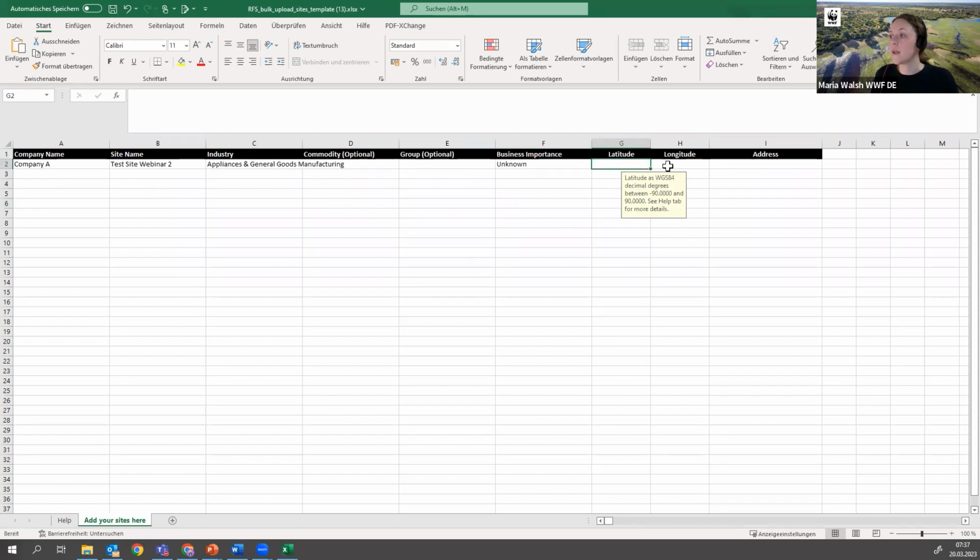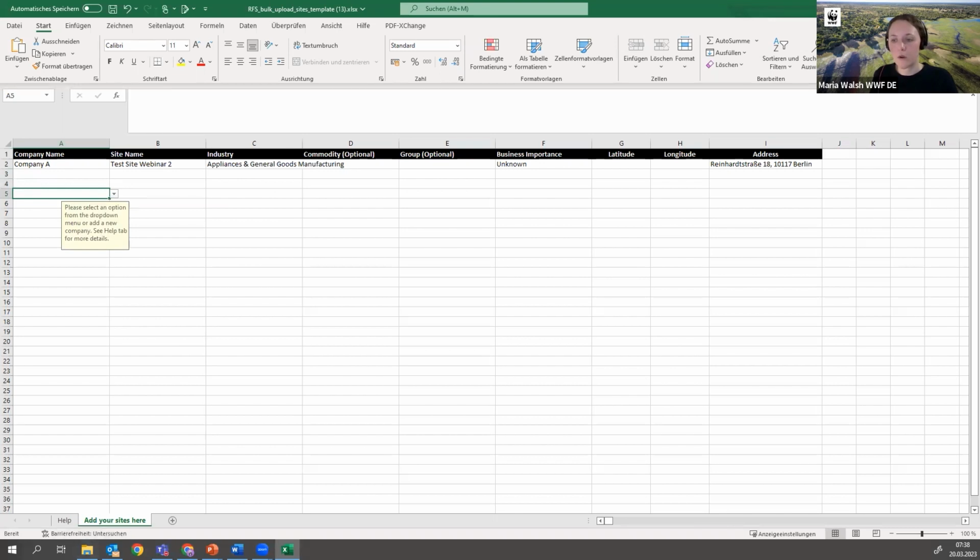And then I have to put in either latitude, longitude, or an address as accurately as possible. Because as you saw before, if I, for example, only put in Berlin, it will go to the center point of Berlin. If I put any kind of geography, it goes to the center point. So I want to be as accurate as possible. So in this case, I'm going to use a full address. This is the address of the WWF Germany headquarters here. So I'm going to put this in, and now I have filled out all of the information that I need for this site. And I can then start on the next site and the next site and the next site